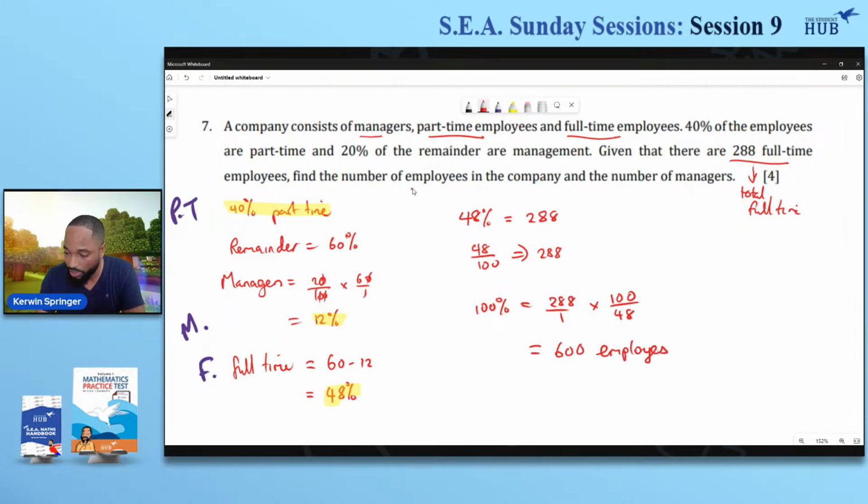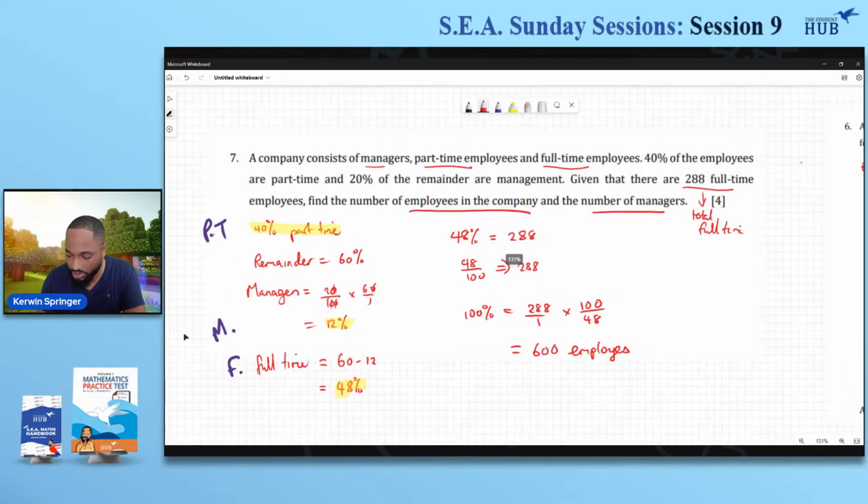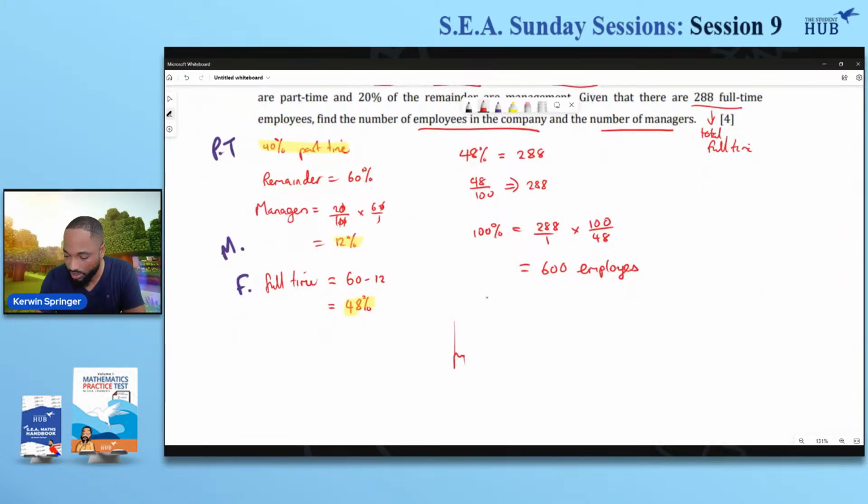Which is the first part of the question. The number of managers would be what? Number of managers will be what? Managers will be 12% of the 600, which is